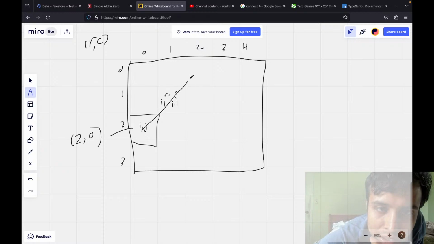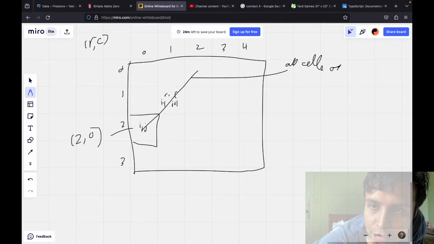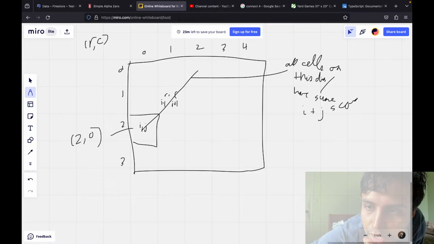So everything on this diagonal, they're all cells on this forward diagonal, and they have the same I plus J score. Again, I did some LeetCode question involving chess